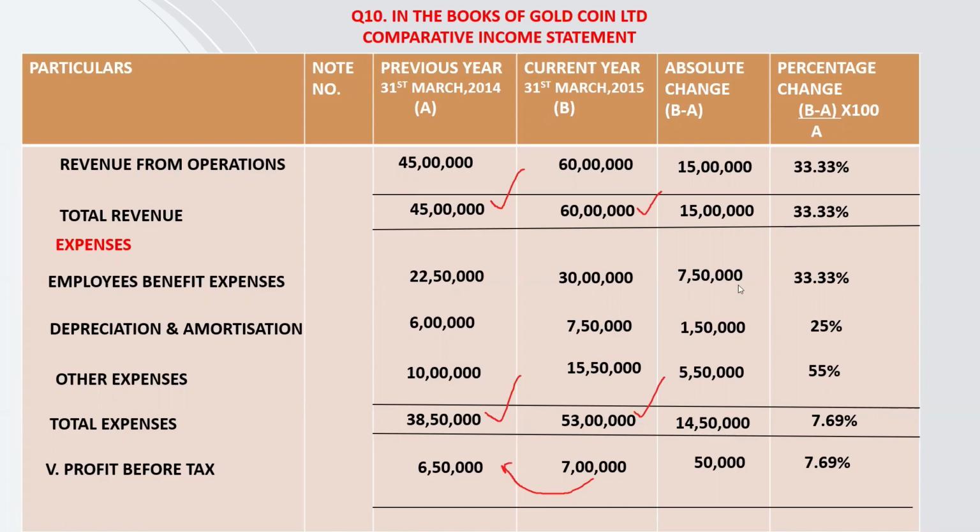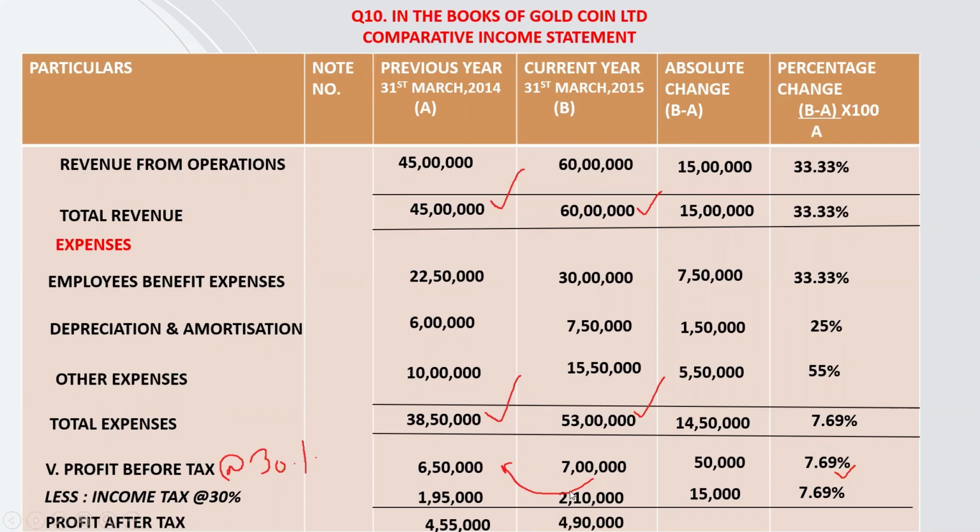See, in this question you can see that the rate of tax is 30%. जब भी आपको rate of tax same given होगा दोनों years का, keep it in mind always. आपका जो percentage आएगा profit before tax का, tax का, or even profit after tax का, it will all be same. So आपका step यहाँ बच जाएगा, calculation का time बचेगा.